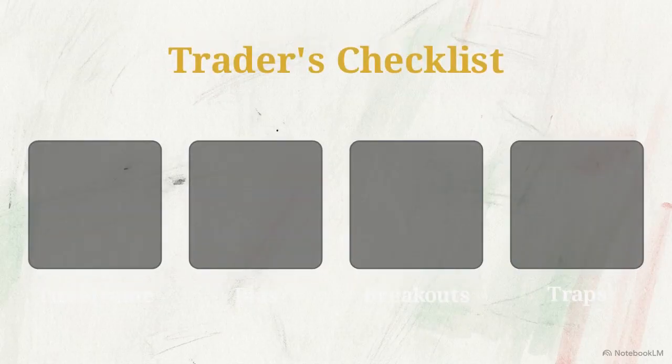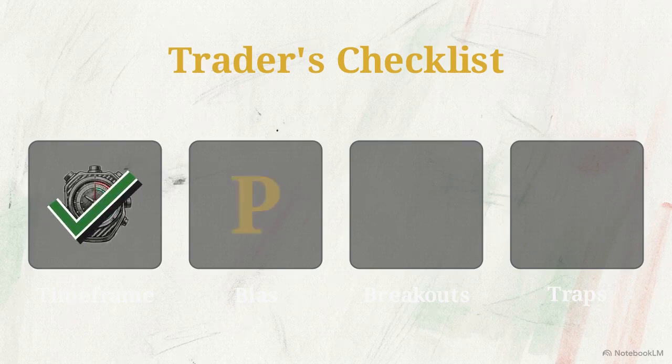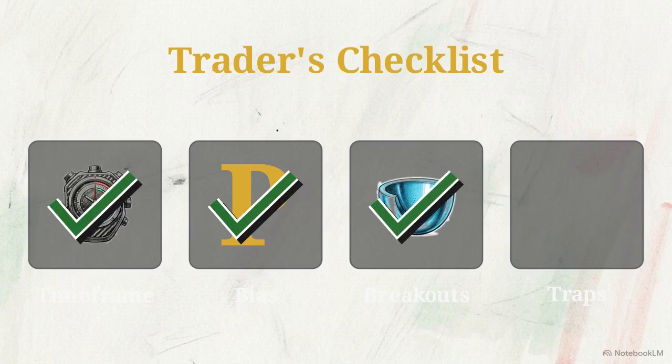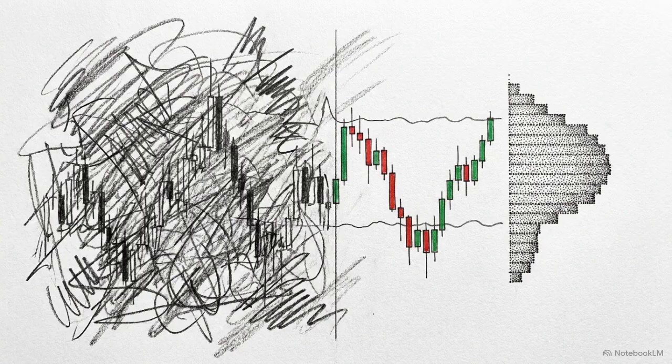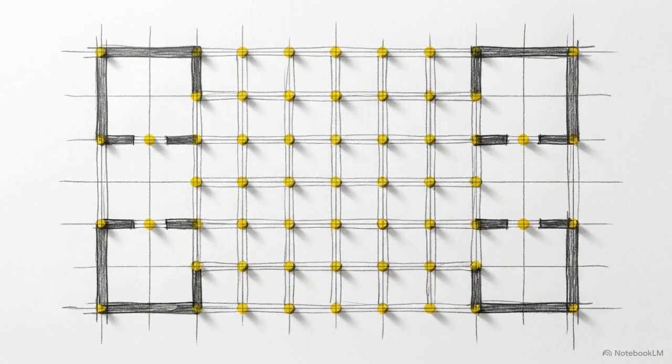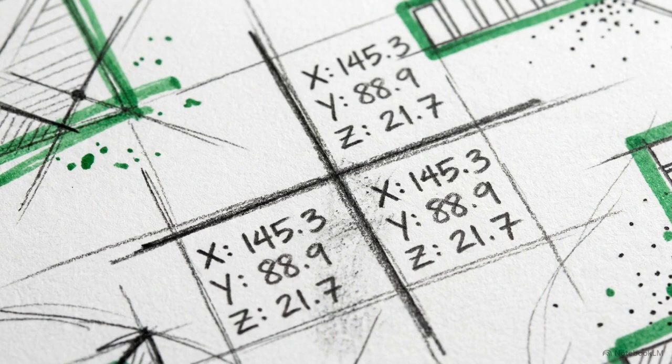Here are your exact parameters. Secure real futures data on a 5-minute chart. Identify your daily shapes. Target the valleys for breakouts, and use the peaks for traps. Mastering the volume profile strips away the noise. It turns a chaotic market into an architect's blueprint, telling you exactly when to step in and exactly